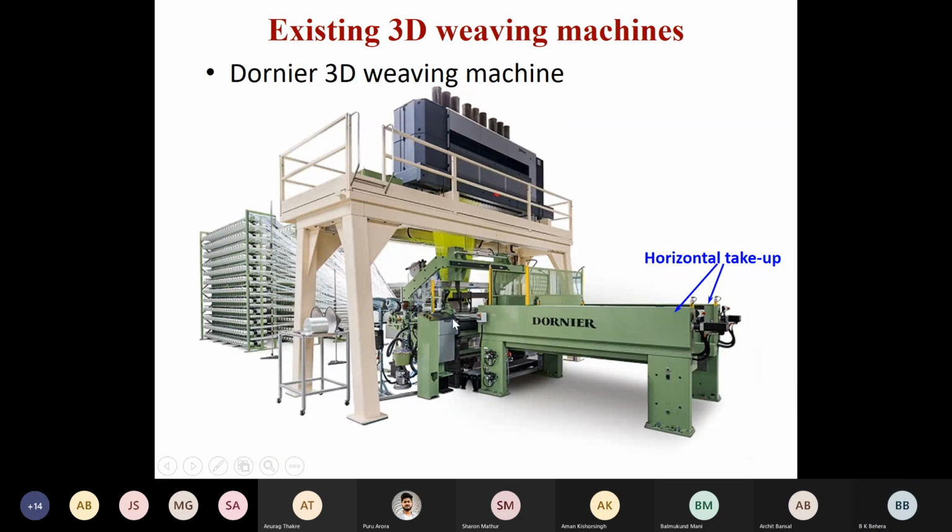Okay. So I told you all the mechanisms: shedding, jacquard, water supply, creel. There is no let off because the yarn is coming from here by pulling force. Take up is linear take up, beat up is normal, that is parallel beat up. Weft insertion, that is picking, is by rigid rapier. This is how the machine is designed to produce a 3D fabric based on 2D weaving principle.